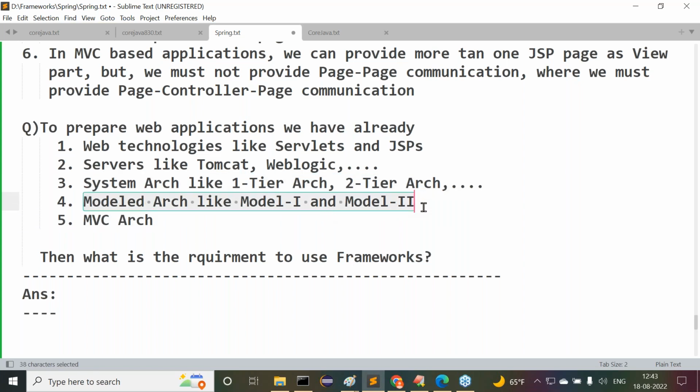Model architectures like Model 1 and Model 2, do these architectures provide any separate servlet component or separate generic services? No, they are theory. The theory is not providing anything for us. MVC architecture, does it provide any such reusable components as predefined components? No. MVC architecture also does not provide them. In this particular scenario,